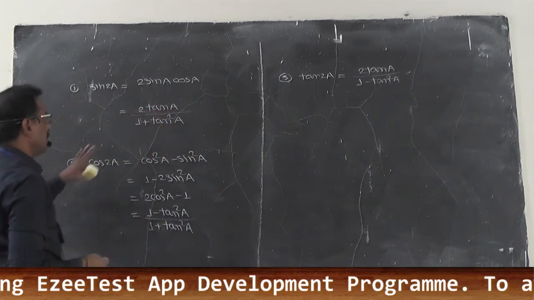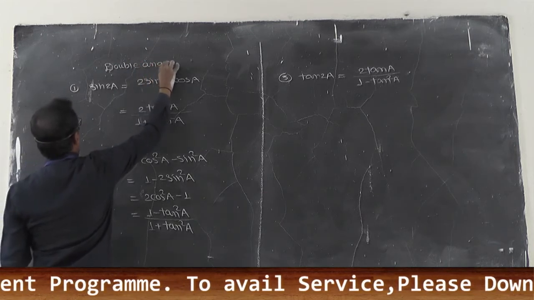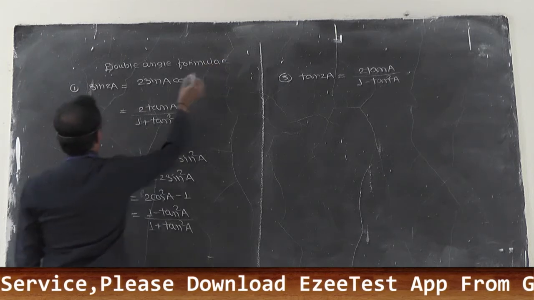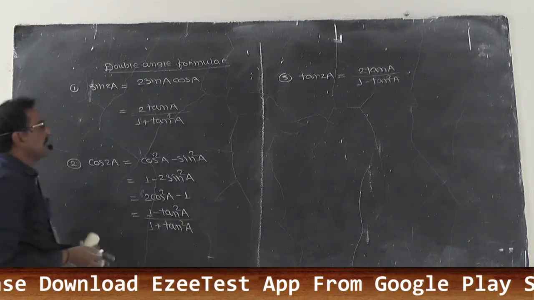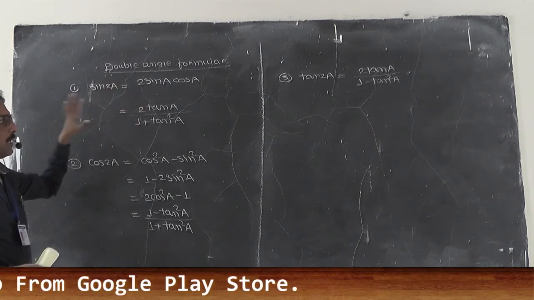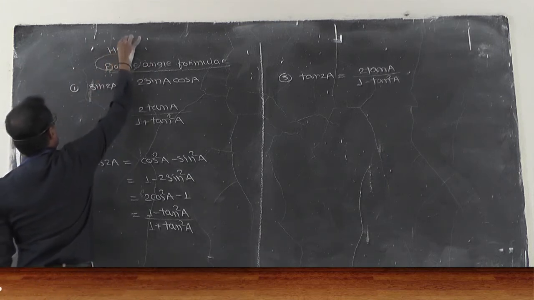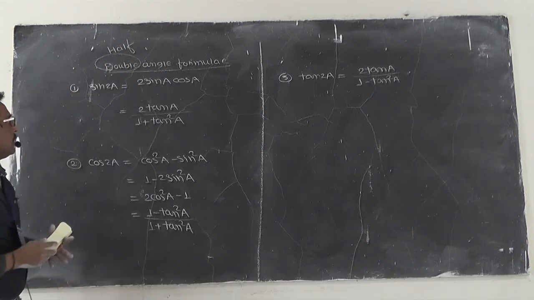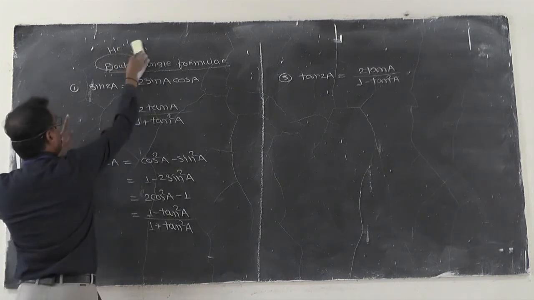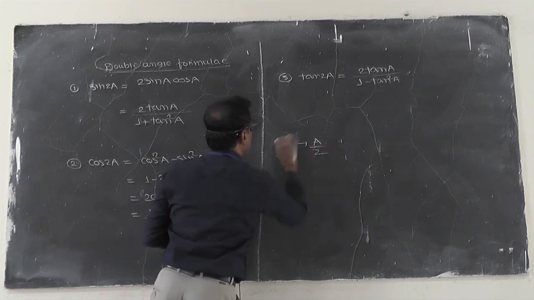I think all these formulae are called double angle formulae. We have written here double angle formulae because here the angle is twice, 2a. So all these formulae are called double angle formulae. After that we have to make this double angle into half angle formulae. To convert the double angle formula into a half angle formula, it is a prime duty to replace just a by a upon 2.